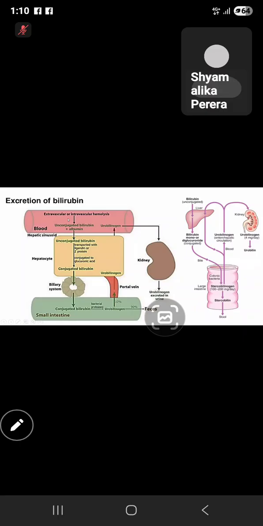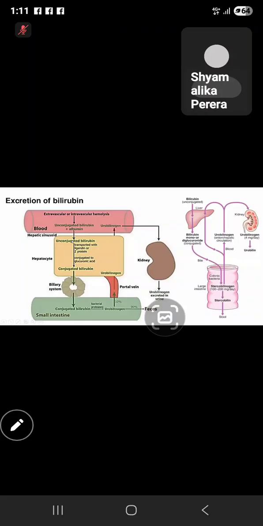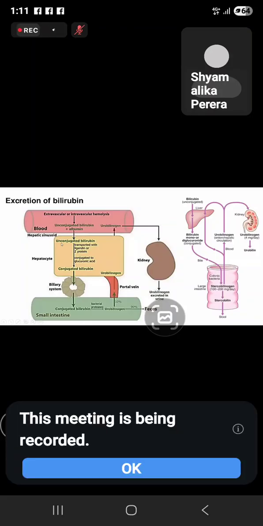From this heme breakdown, the ultimate product comes as biliverdin and then unconjugated bilirubin, which we need to remove from our body. But this unconjugated bilirubin is not water soluble, so it needs a carrier molecule like albumin to travel to the liver. In our circulating blood, you can have unconjugated bilirubin coupled with albumin, which goes to the liver. Then at the site of hepatocytes,